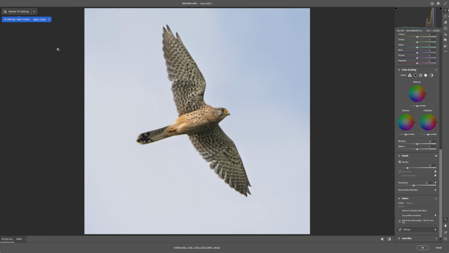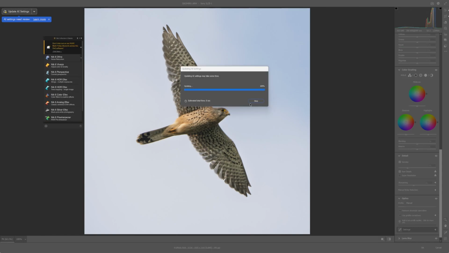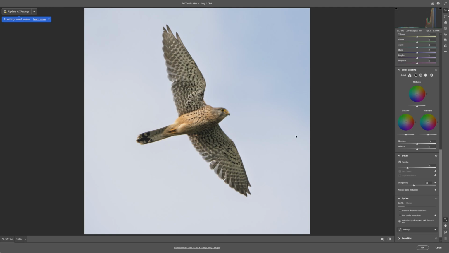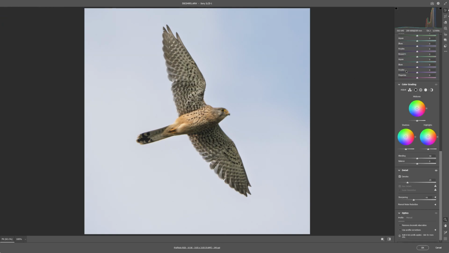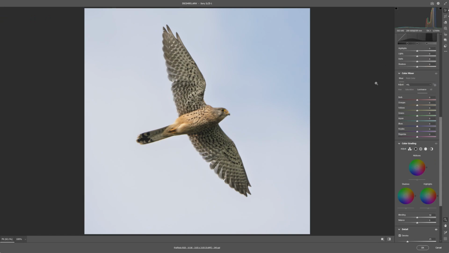Now the thing that this also shows, if you go to the top left hand corner, it will say update settings. That's because the denoise program has altered the color settings from the profile, so it changes them both, so it always keeps everything up to date. So that's all done now. So if I click OK,